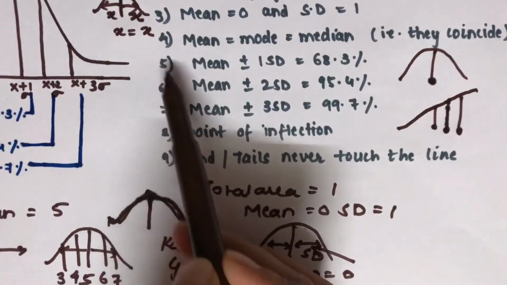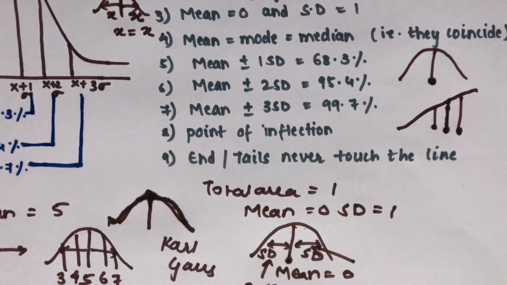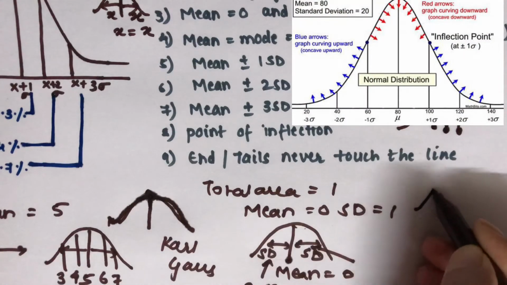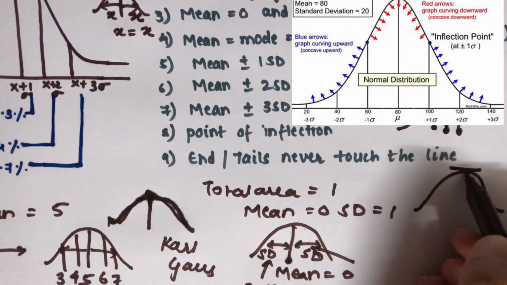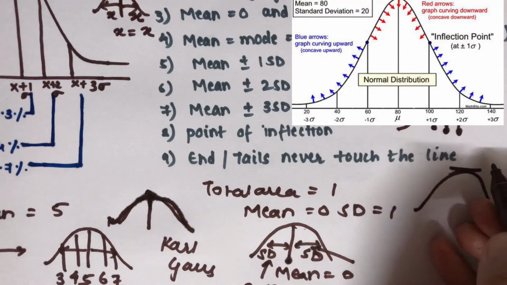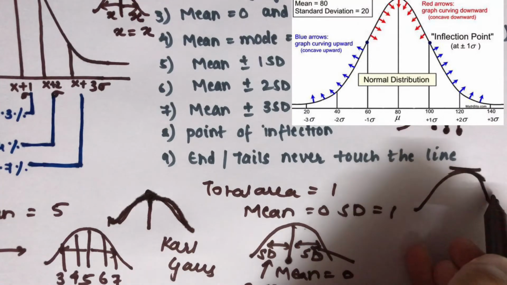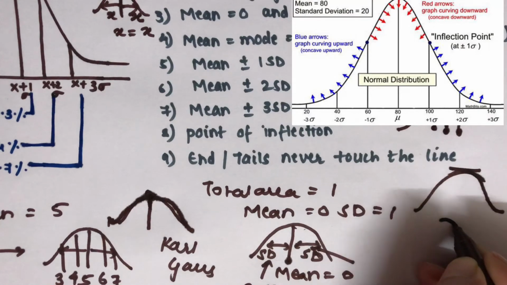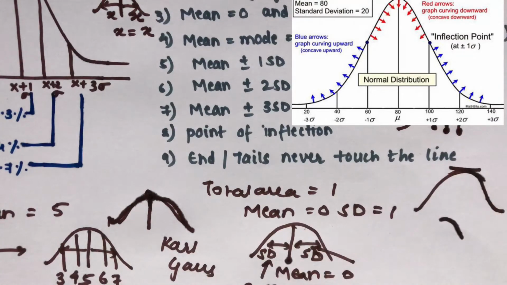Now these three features I'm going to explain with the point of inflection. What is this point of inflection? Inflection is the change in the direction, that is, it got inflected. Now this is your curve. This area is convex. You can see over here, this area is convex. And when the convex changes to concavity, that is the point of inflection, when your convex is changing to concave. The direction is changed, and that is known as the point of inflection.